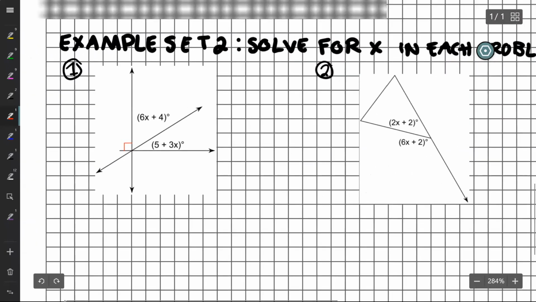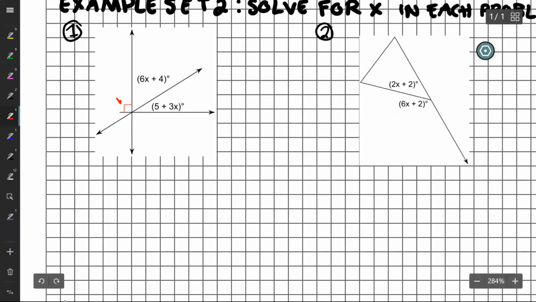So let's look at number 1 here. So again, I have my box, which means 90 degrees, which means that I have a complementary angle. So let's go ahead and label that angle 1 and angle 2. And because they're complementary, I know that angle 1 plus angle 2 equal